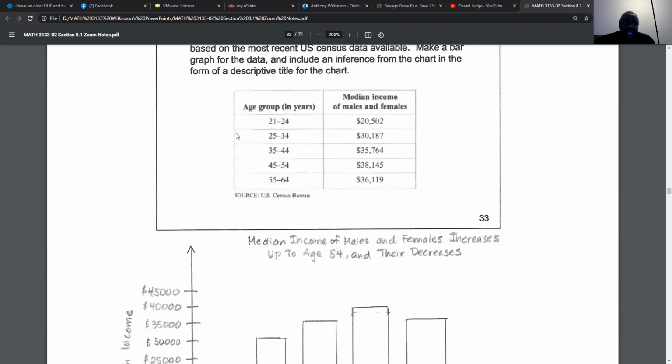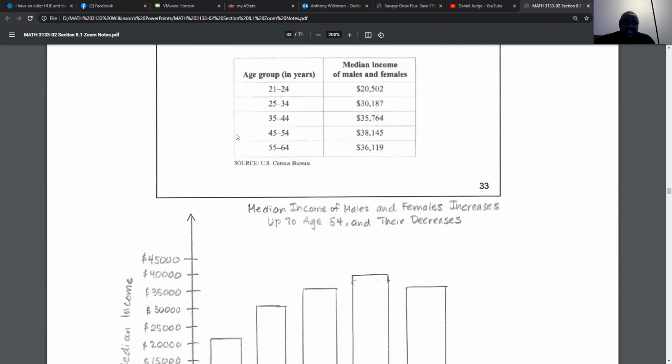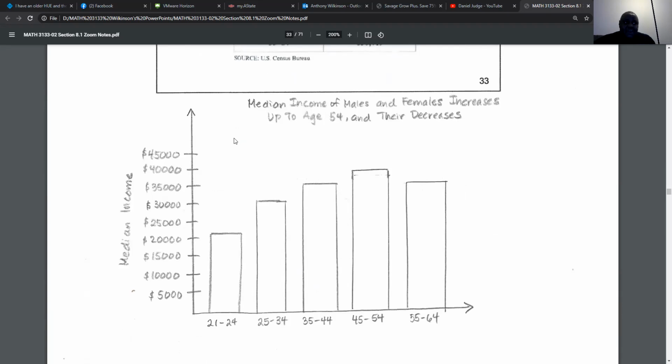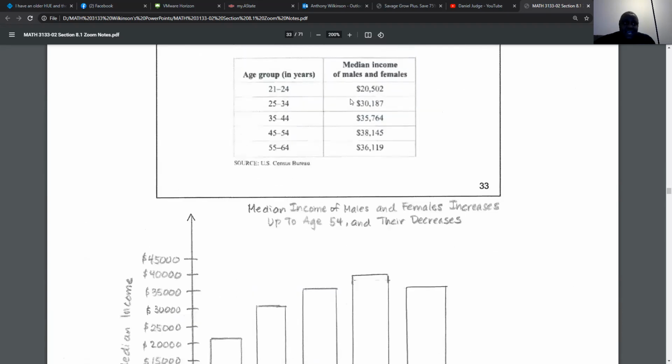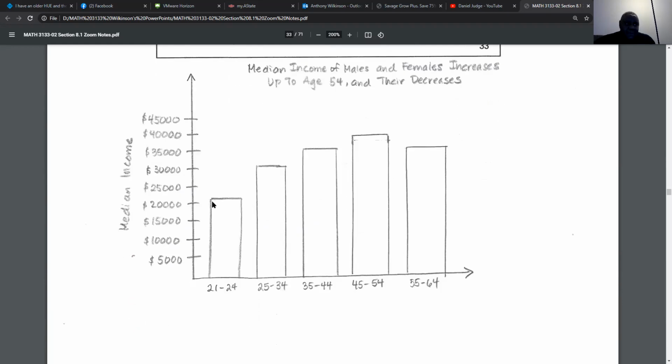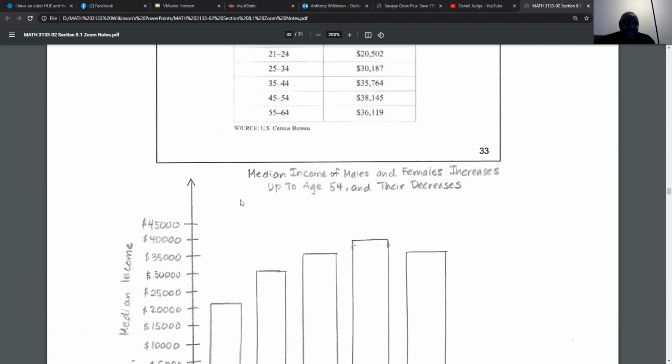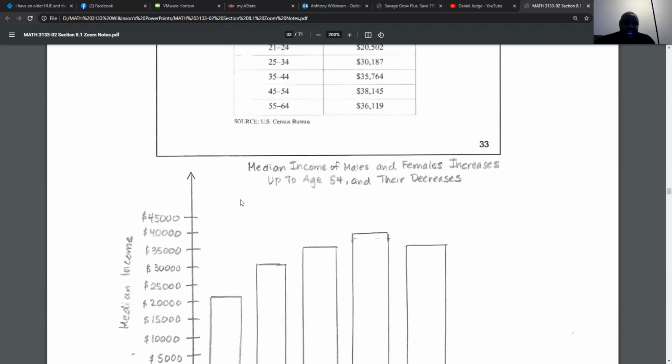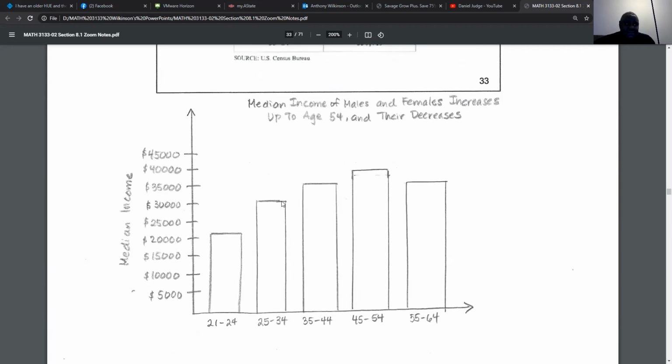Now, I pretty much freehanded this, did this by hand, so I kind of estimated where each one of these dollar values are. But for 21 to 24, that's 20,502, which is about right here. So that's the height of that bar for 21 to 24. Then for 25 to 34, that's 30,187, which is about right here. Then 35 to 44,